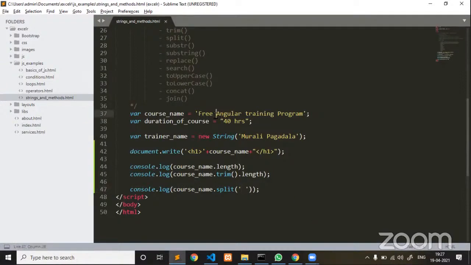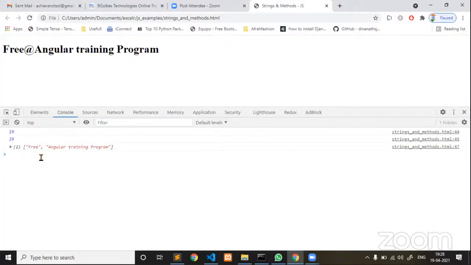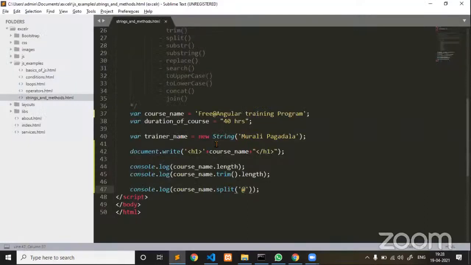In case, for example, I have only some @, think that some @ inside my string. Wherever that @ is identified, if I would like to divide my string at @, then I'm going to use @ as a delimiter. Now, before @ it is taking it as array of 0. After @ it is taking it as array of 1. And when you are going for interviews, people will also ask how we convert a string into an array. To do so, we have to use the split method. The split method is going to divide your string into an array by taking a delimiter as a parameter.